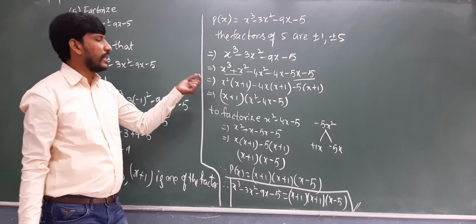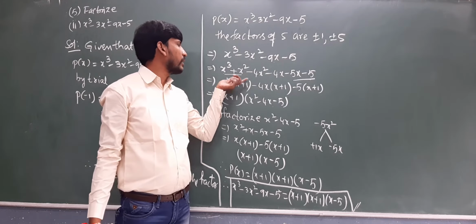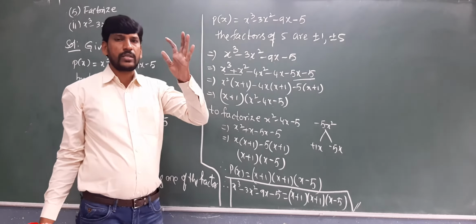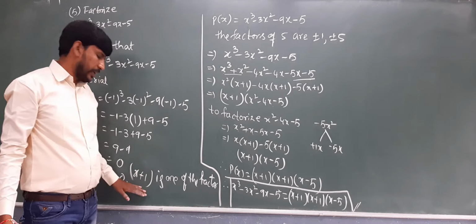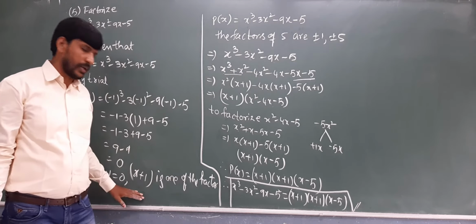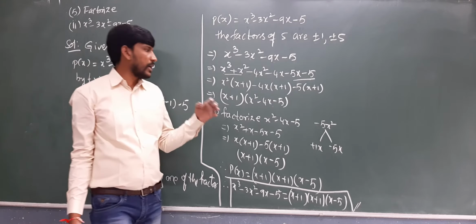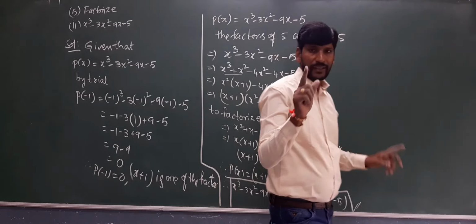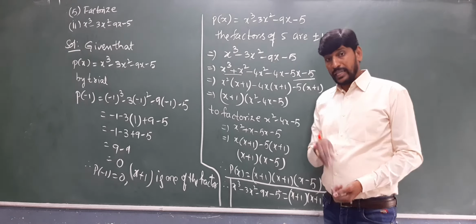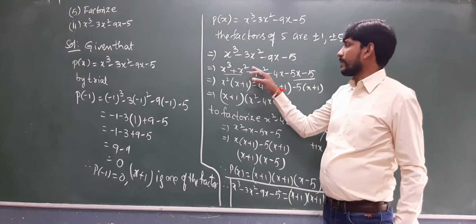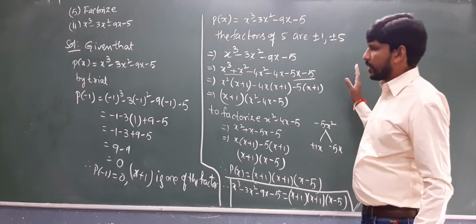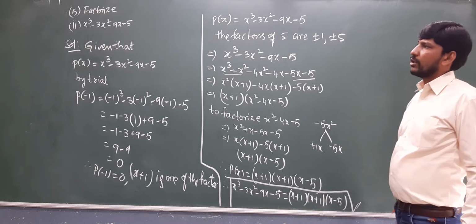Only you are going to get a little bit of confusion here on how to simplify these two terms. Keep it in mind always. Whatever the first factor you are going to get here, these two values depend on this x plus 1. Means you should get x plus 1 as the factor in each and every term, compulsory. Then only you have to simplify these two. By simplifying these two, you should get x plus 1 as the factor. Okay? I hope you understood how to factorize a cubic polynomial.